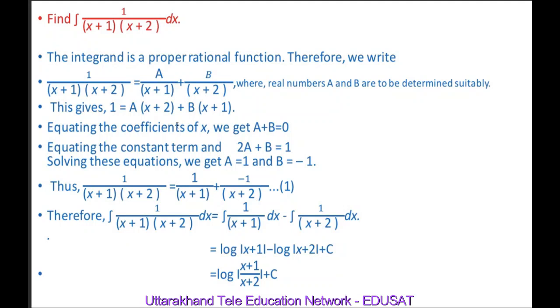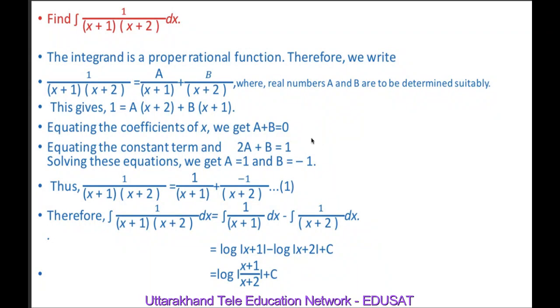Now we see the constant term. On this side we have 1, and on this side we have 2 outside a, so 2a. Here we have 1 and outside is b, so this is b. So 2a plus b equal to 1. By equating the coefficient of x and the constant terms, we have two equations here, and you know how to solve these two equations.